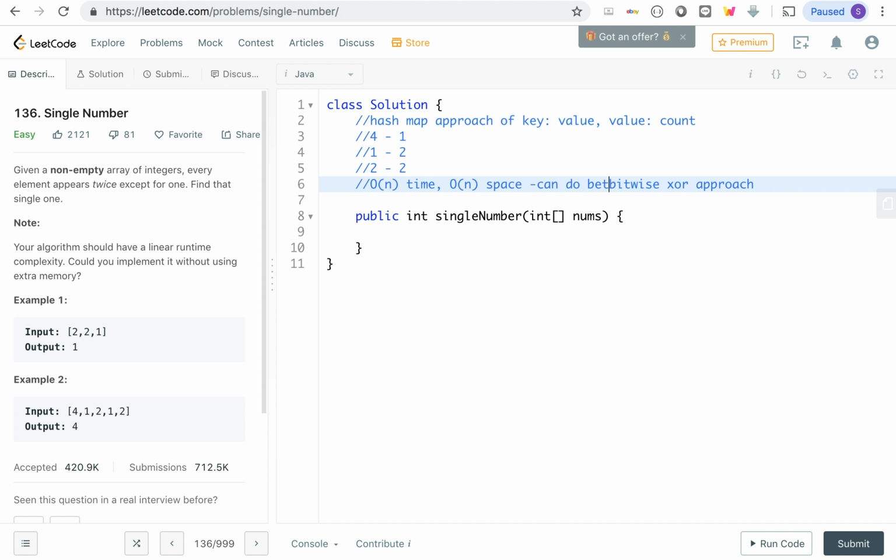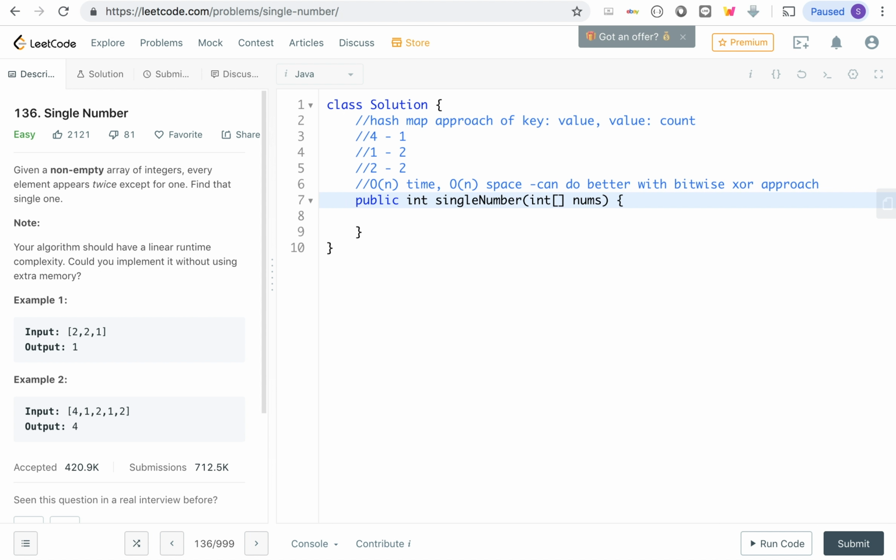All right, so now that we know we are going to be using bitwise XOR, for those of you who are not really familiar with bitwise operations, let's talk through it once: what bitwise XOR does and what kind of properties it has. So what is XOR? XOR means, given 2 bits,